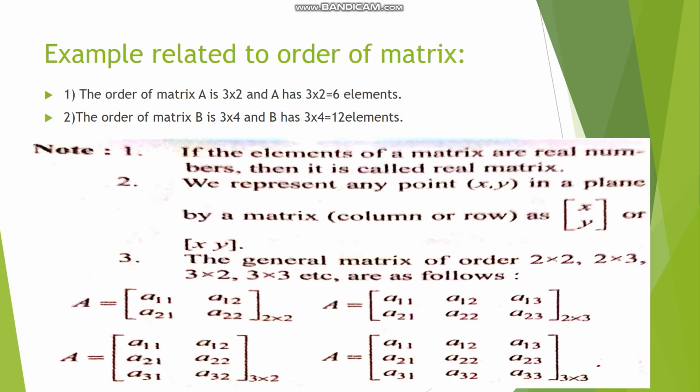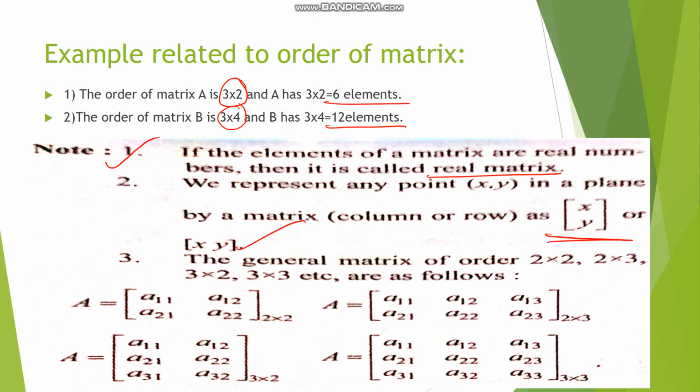Some examples related to the order of a matrix. If the order of the matrix is 3 cross 2, then the number of elements is 6. If the order of the matrix is 3 cross 4, then the number of elements should be 12. Some important notes: if the entries of the matrix are real numbers, then that matrix is called a real matrix. We can represent any point in a plane by a matrix in the form of a column matrix as well as